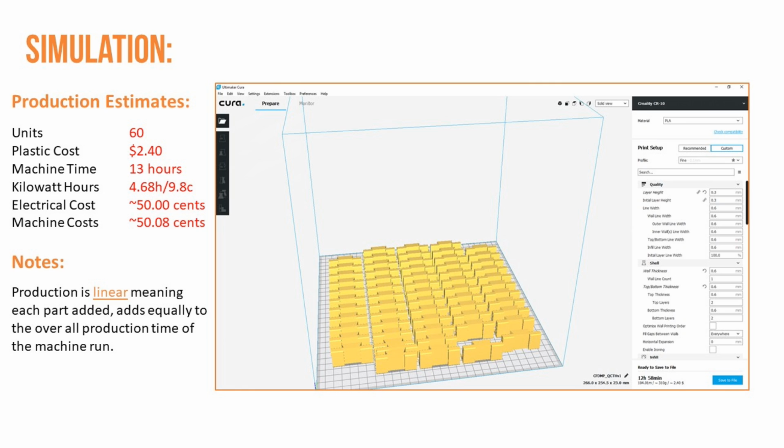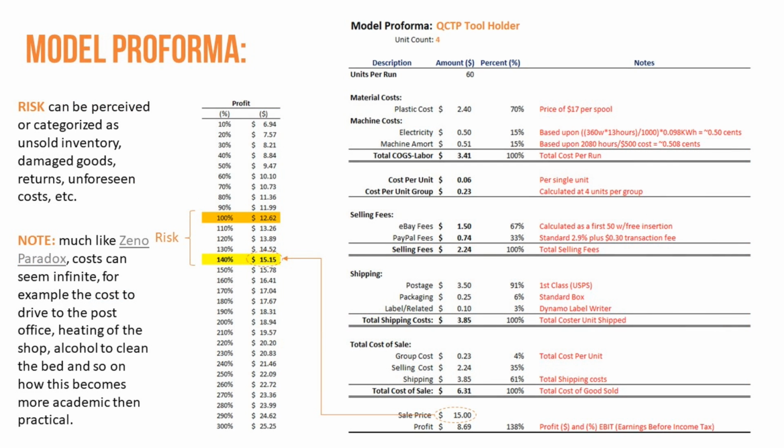So now I've got all the basis for my model in there. And so now I know kind of roughly what my production cost to produce on a per unit price will be. Now, this is where I'm going to pull this into a PROFORMA. What's a PROFORMA? A PROFORMA is where you create an economic simulation of some sort of opportunity. In this case, this is selling this part. So with this PROFORMA,